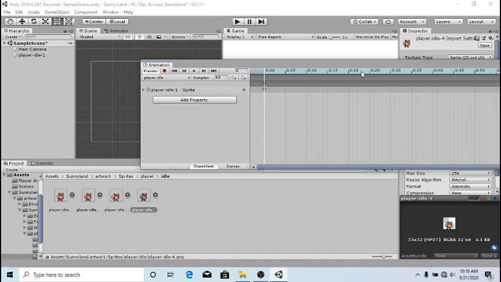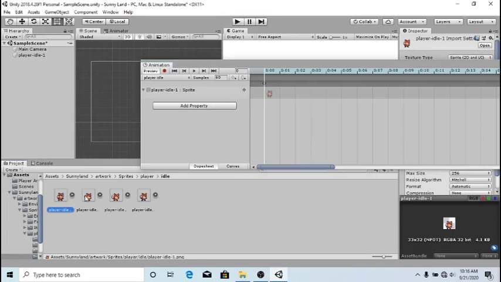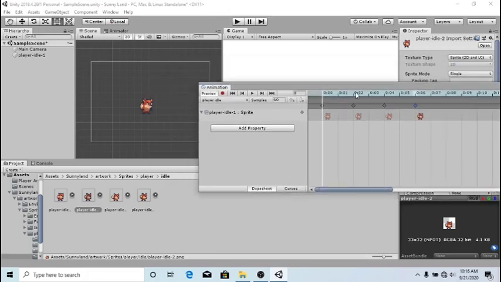And every 5 seconds seems too big for me, so I'm just going to scroll up on my mouse and zoom in, and now I can see every second, 1 2 3 4 5, and I can begin dragging and dropping our various frames into our animation. This is the first one. I drag and drop the second one into 2 seconds, the third one into 4 seconds, the last one into the 6 seconds mark. And we can see when I change this 2 seconds, we can observe our player moving,